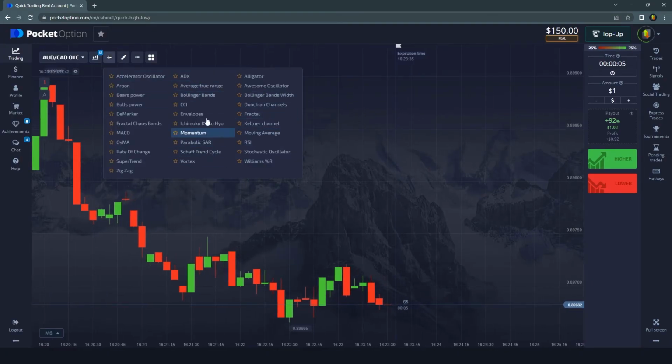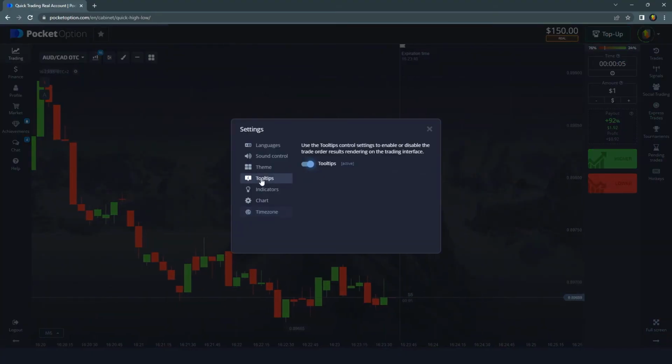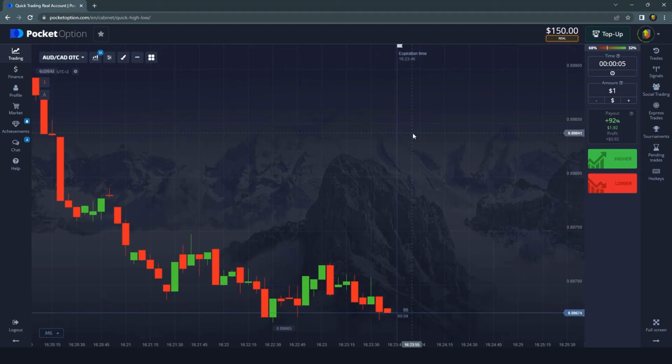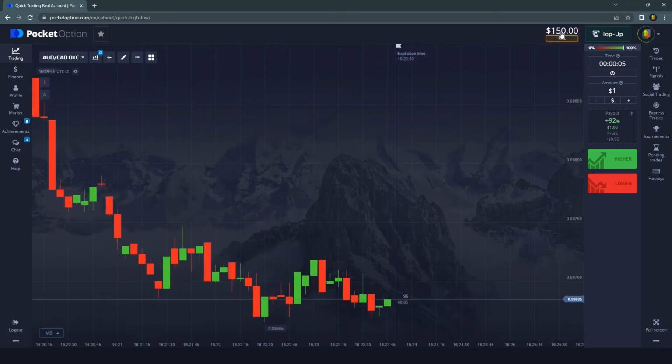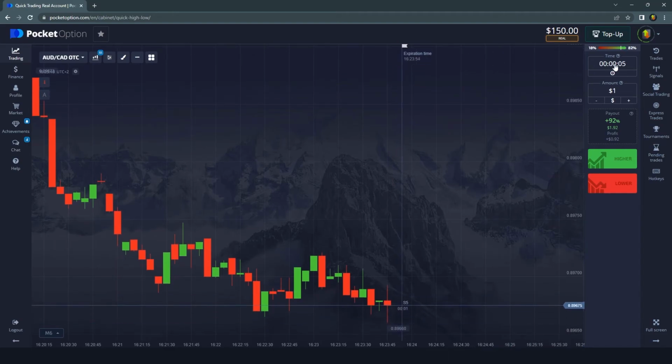I choose no indicator. I highly recommend to turn on the tooltips for this type of trading, so you can see the result of the trade on the chart. Based on that, you can easily track which risk level you are at and if your losing streak ended. For this demonstration, I will trade with $150, pretending I wanted to invest $100, but use the promo code.